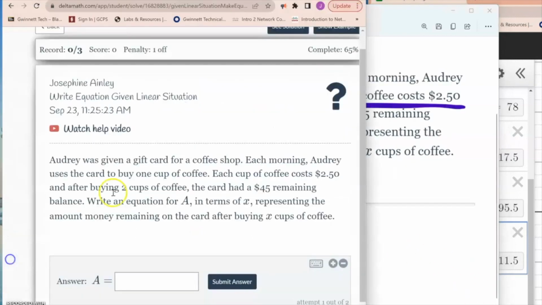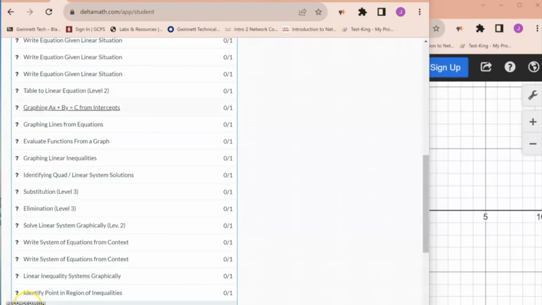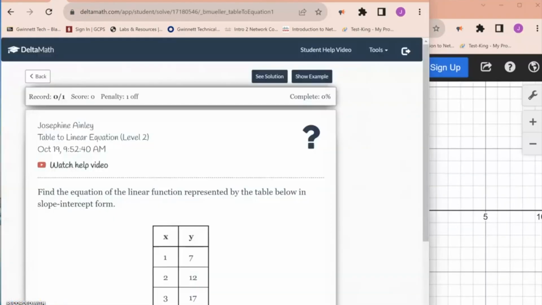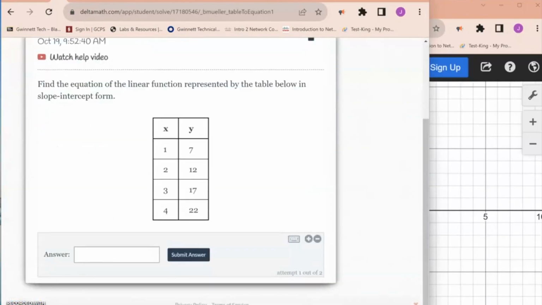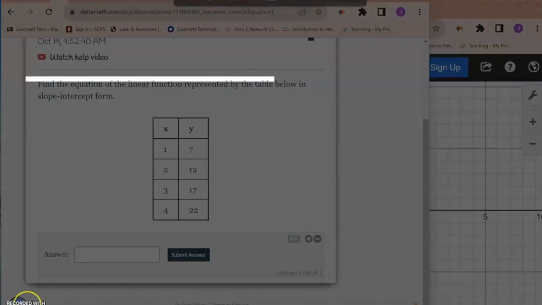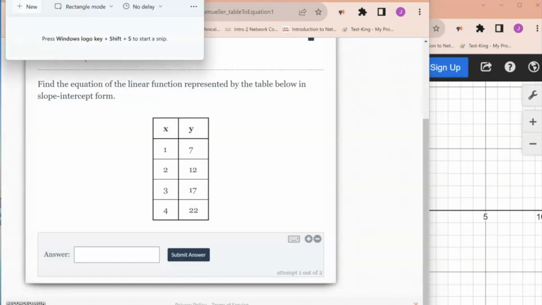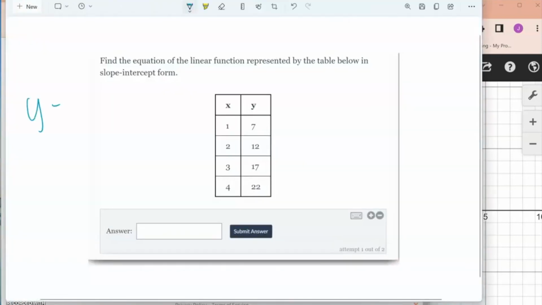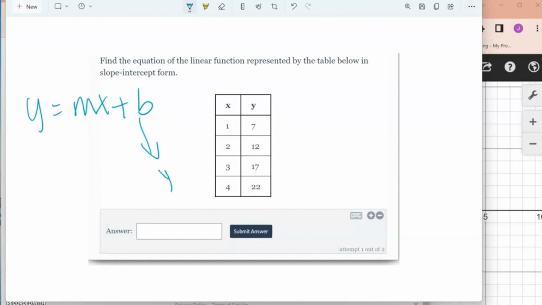But that's all. All right, so we're going to take a look at table to linear function level 2. So remember, as always, since it is a linear function, you do need to have y equals mx plus b. Okay, so you need to find the y-intercept, and you need to find the slope, and then you can write the equation. Okay, so to find the slope, remember, we did